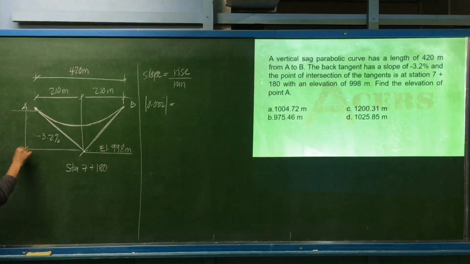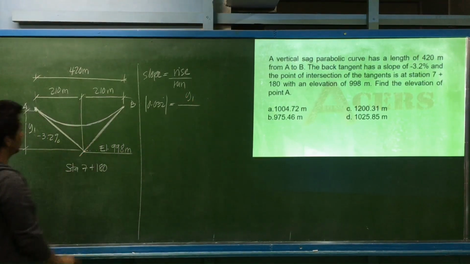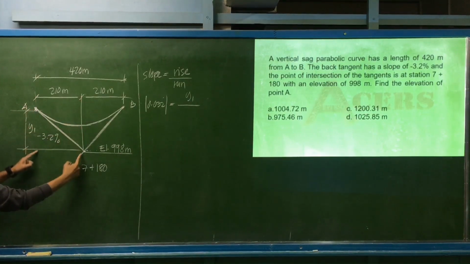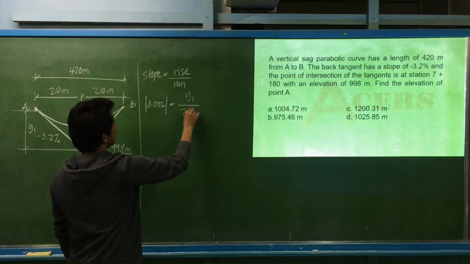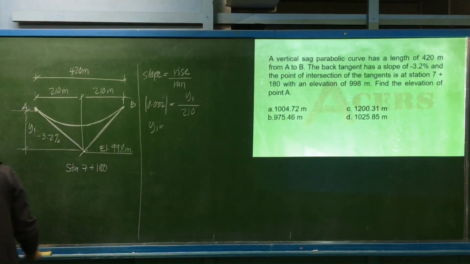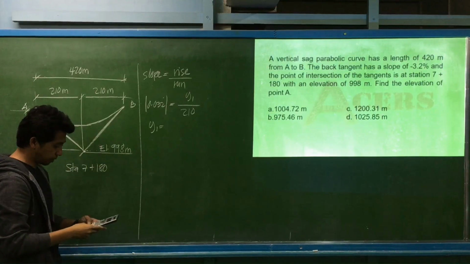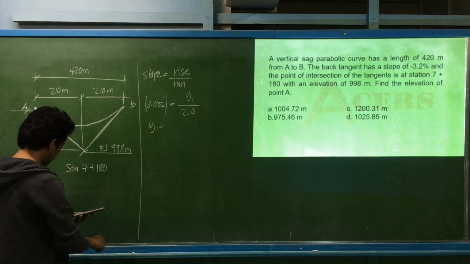Let's say this is y sub 1 to reach point A, divided by the run. The run is the horizontal distance from the point of intersection to point A, which is 210. So y1 is equal to 210 times 0.032,